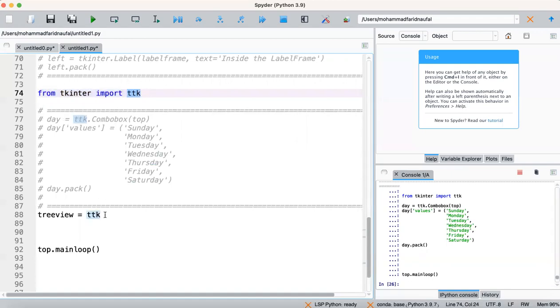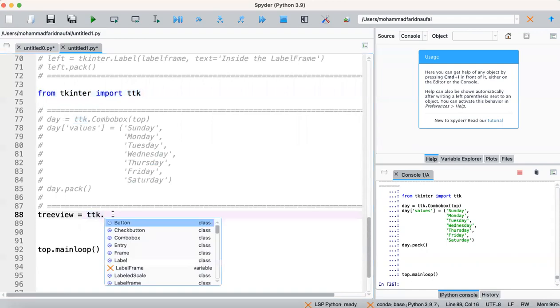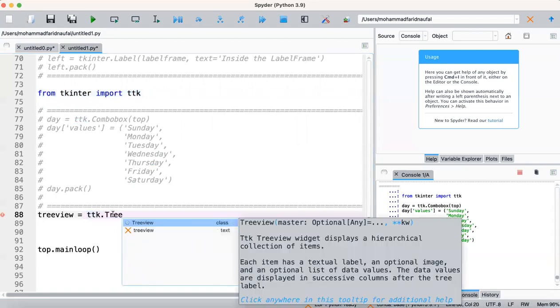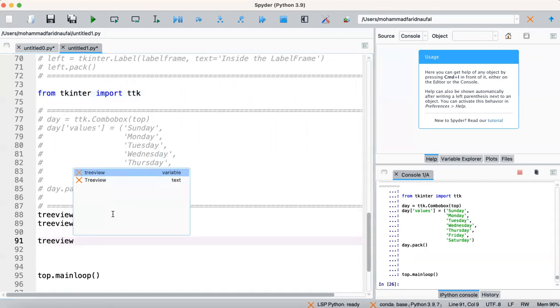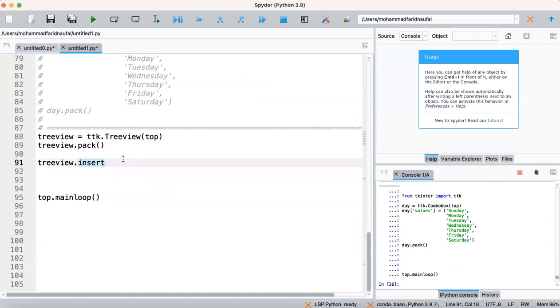So treeview equals ttk.Treeview, and then we put it into the top main window. treeview.pack. Then we insert the items inside our tree view. So we call treeview.insert.